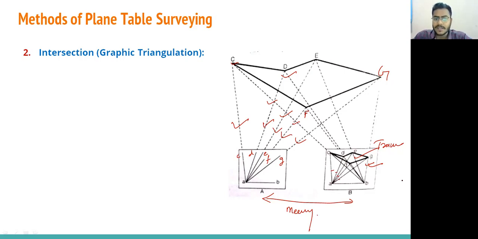Why is it called graphical triangulation? Because you will see in every figure, in every intersection, that point is made by two sighting lines. We can say like A to C and B to C, and then one baseline. So this is the line measured between the stations, that is A to B. This is called the baseline. So every triangle is made by the baseline and two intersection lines, right? So we can see this is a triangle, and once we know this length, we can take the angle, we can calculate the other lengths also. So this is called triangulation.